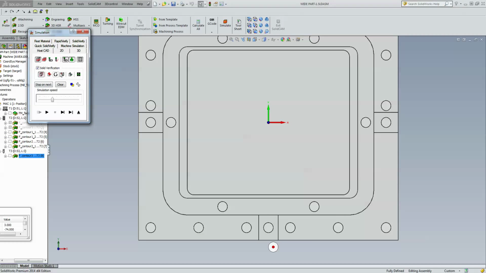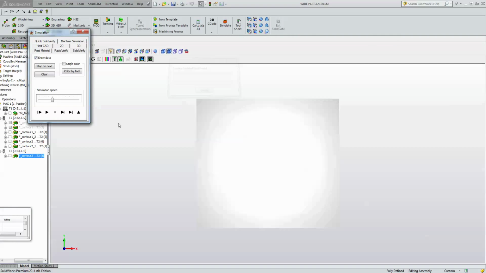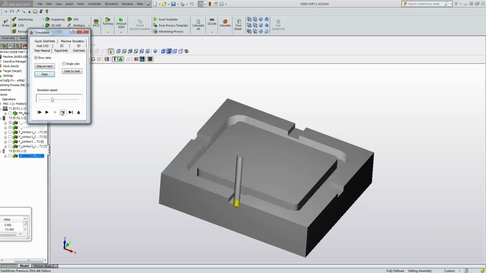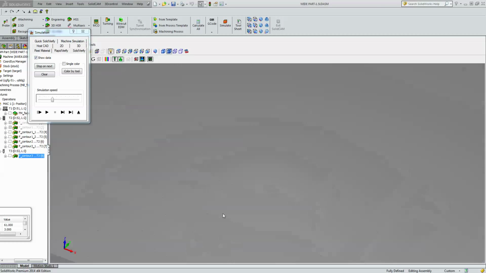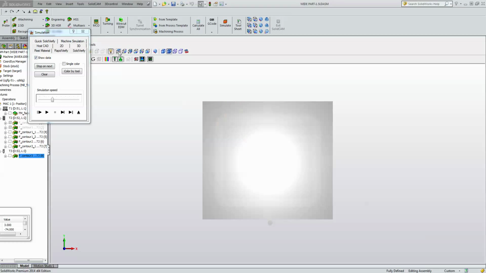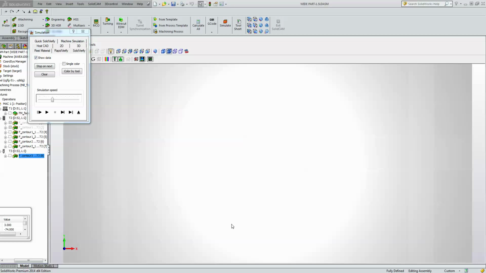Now this time when I do my simulation, I'll do it using Solid Verify. What you'll see is very simple. The tool this time goes down and only machines where it needs to machine. As you can see, this time it did not gouge into the wall over there. Rather, it went down with that 3 millimeters offset to the point. Let's take a top view of the simulation itself. Now zoom in